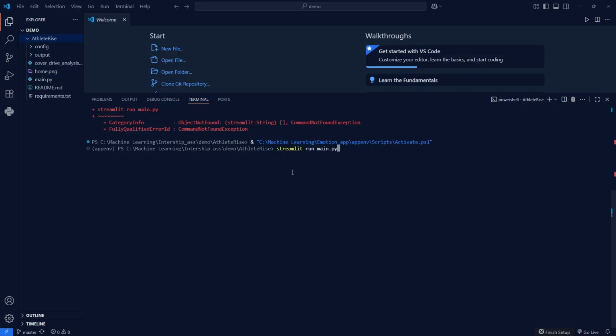After that, run this main.py, and here it is. I run main.py using Streamlit. As you can see, our app is working really fine, and it just takes 2 to 5 seconds.